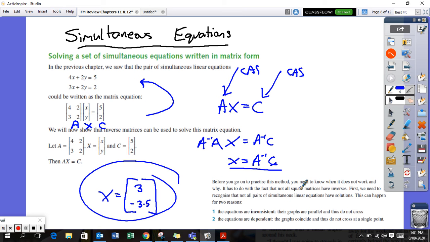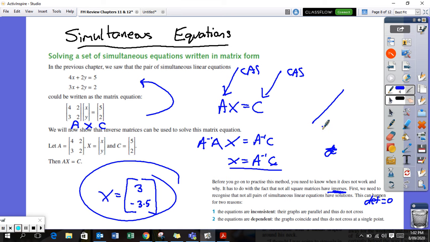It's because not all square matrices have an inverse. So if the square matrix doesn't have an inverse, that means the determinant equals 0. This is not going to work, and that can happen if the equations are inconsistent. So the graphs are parallel. If we've got two parallel lines,